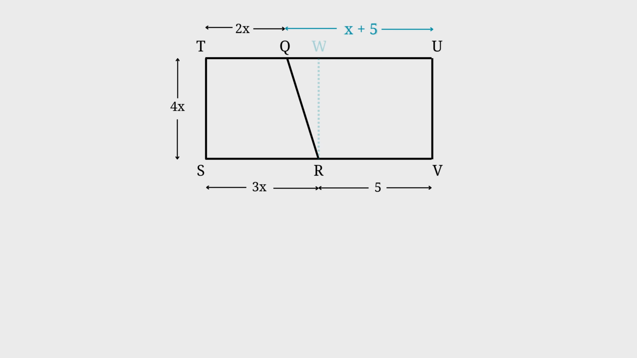Now let's make a small triangle by making a new line WR like so. WR will be 4x since the shape is a rectangle and opposite sides equal each other. QW will be the length QU subtracted by RV, which is x plus 5 minus 5. That results in x. Now with all the necessary lengths available, we can calculate the area of the small triangle